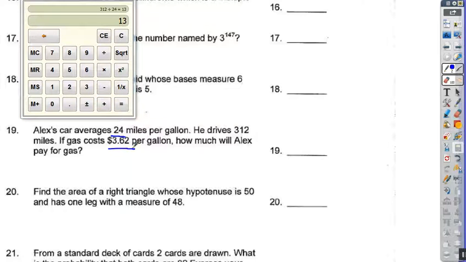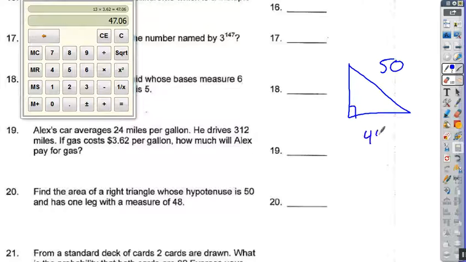A gallon of gas, oh my goodness gracious. Actually, I do remember back at this time gas was this expensive. I'm sure it will be again at some point, but right now it's really, really cheap. So we get 47.06. All right. 20. Find the area of a right triangle, not the wrong one, whose hypotenuse is 50 and